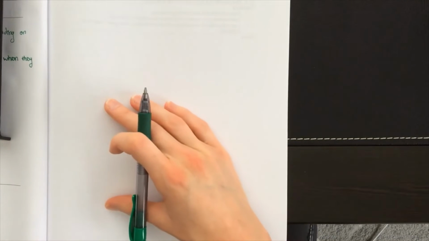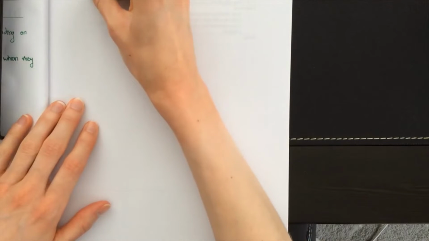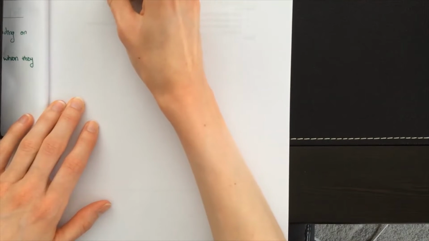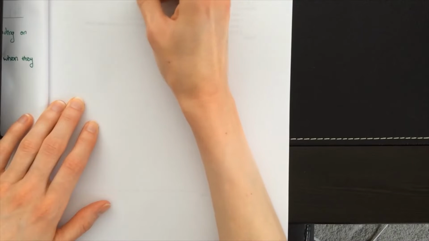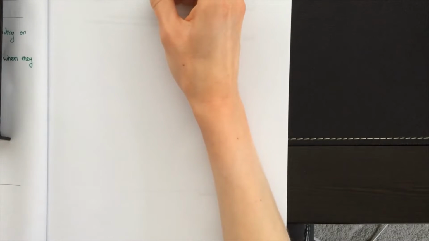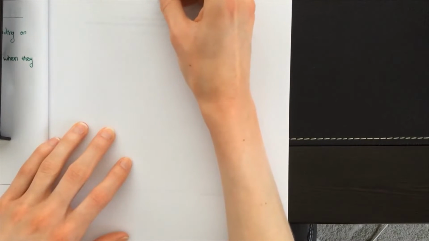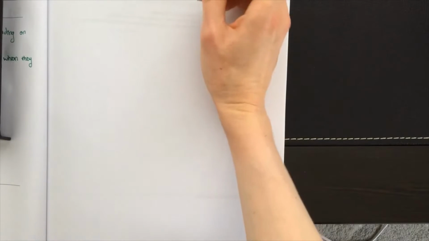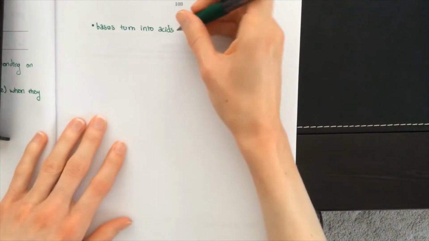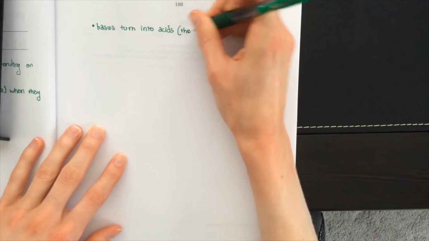Okay, so bases turn into acids, and the specific name, oh, you guys can't see what I'm writing, just a second. Okay, bases turn into acids, which is the conjugate acid,